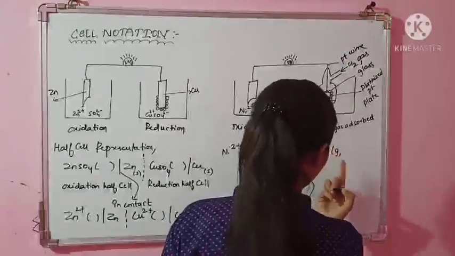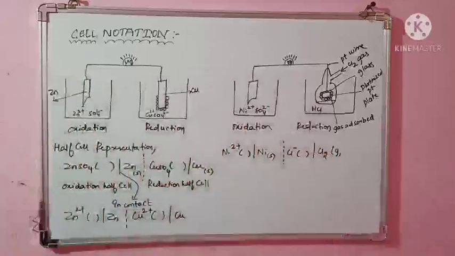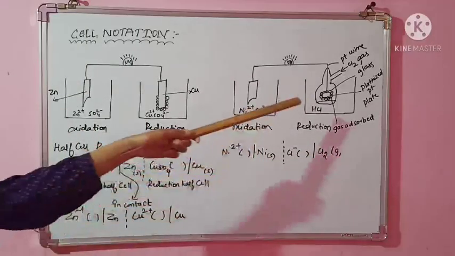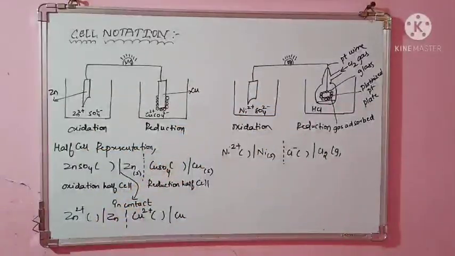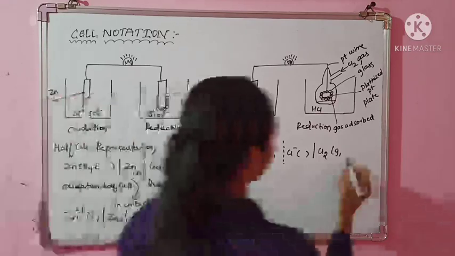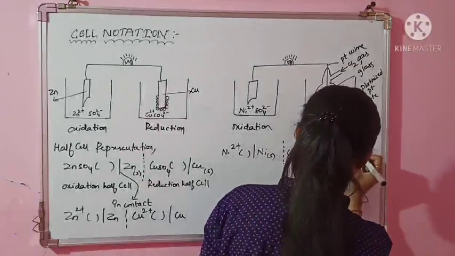That chlorine is in the gaseous state, and definitely it is adsorbing. You know that chlorine gas is adsorbed on the platinized platinum plate. It will have a certain pressure. So you have to mention the pressure with which that chlorine gas is adsorbed on the platinized platinum plate, because if pressure is more, adsorption is more. There will be such a relation. So it's a must that you mention the pressure of Cl2. So I am mentioning the pressure of Cl2 gas.